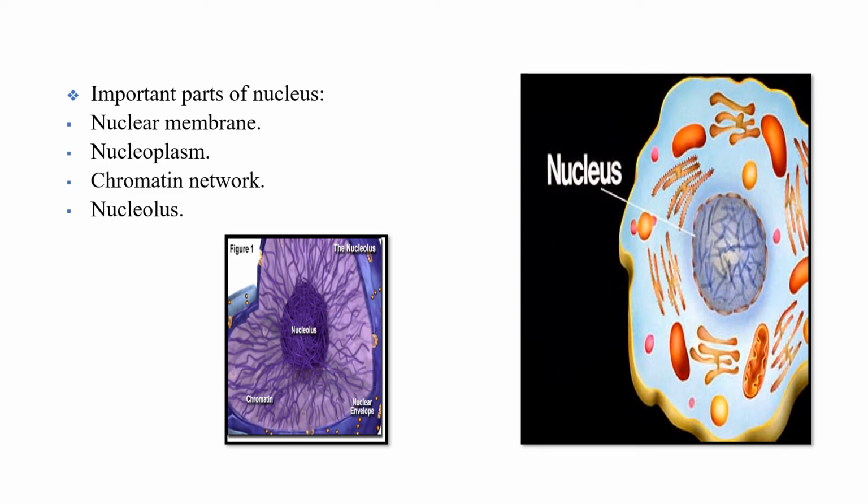See this diagram. This is nucleolus, that is inside the nucleus. These fiber-like structures are called chromatin reticulum. The nucleus is covered by a nuclear membrane. You can see that, it is very clear. This is a cell. All these are organelles. This is actually cytoplasm. Inside this nucleus, what is present? Nucleoplasm. Then in the center of the nucleus, nucleolus. The fiber-like structures are called chromatin network.